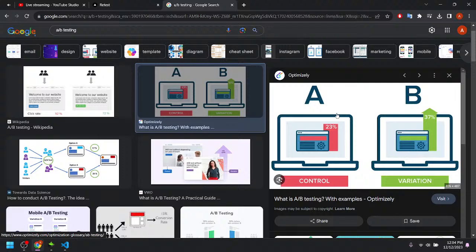For example, we could give variation A to 1,000 users and B to another 1,000 users, and we can start collecting data such as sign-ups or purchases, time on the landing page, and so on.